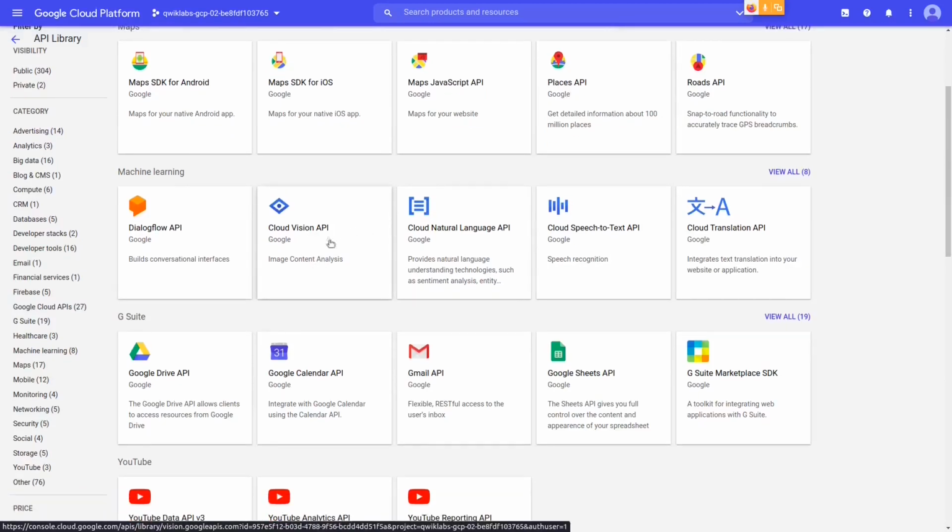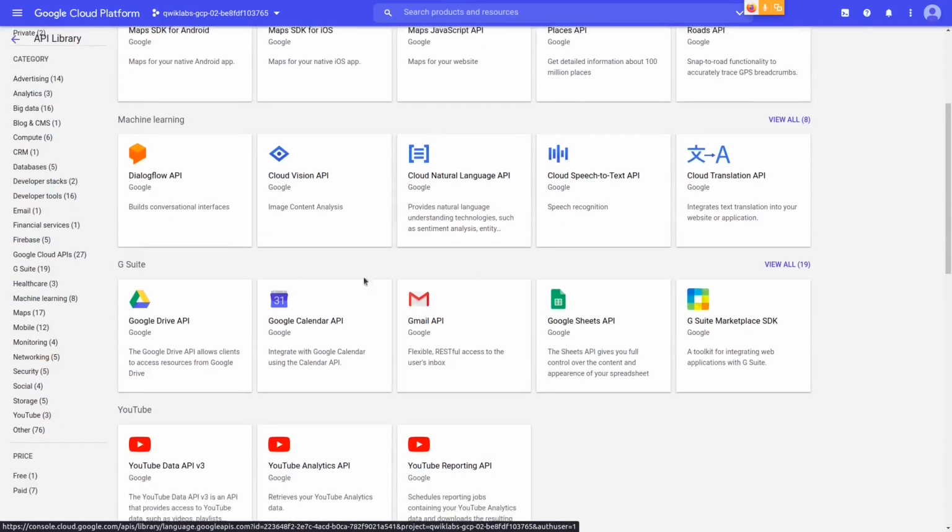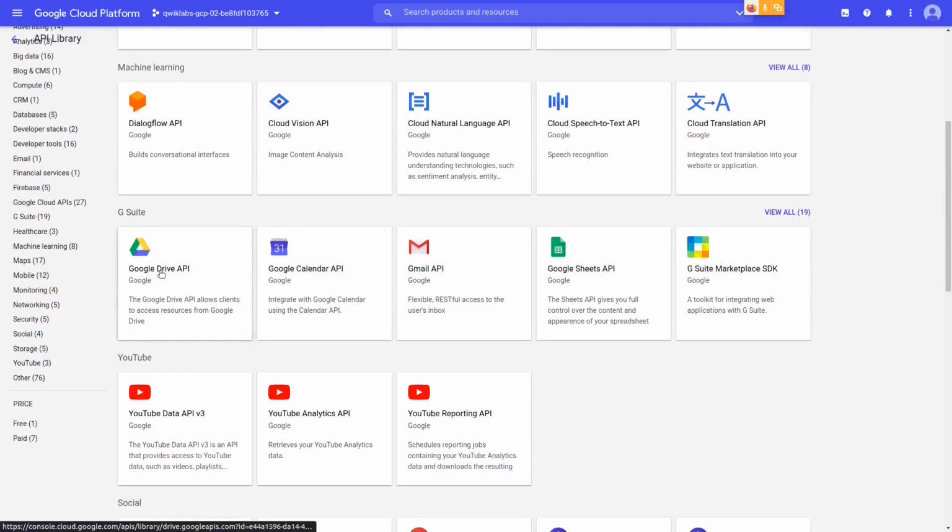Cloud Vision API. We'll be using mostly all of the APIs throughout our program. You must have heard about Google Drive API, Gmail. These are all APIs. Let's say you want to build a mail alert system. When you receive a mail from your friends or anyone, you get a new email, you must be notified.